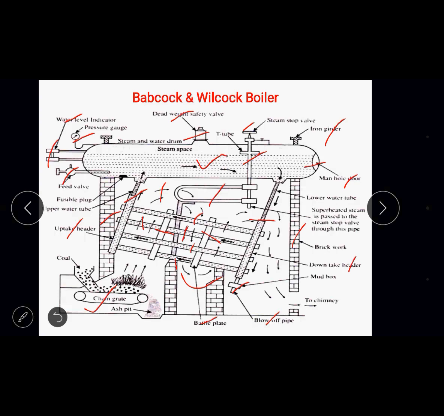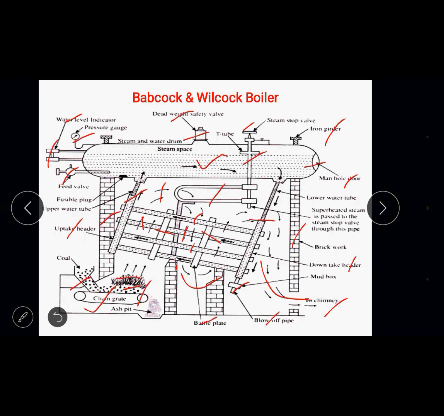And then coming to the last part, the combustion chamber. You find in this combustion chamber the solid fuel coal. The coal is supplied inside the combustion chamber and it is ignited. So you find burning of the coal, producing hot gases. The heat energy of the hot gases is utilized to heat the water and to generate steam. Those hot gases, after performing their duty, get out from the chimney, the outlet of the chimney. So I hope I have explained most of the major components of the Babcock and Wilcox boiler along with their functions and purpose.